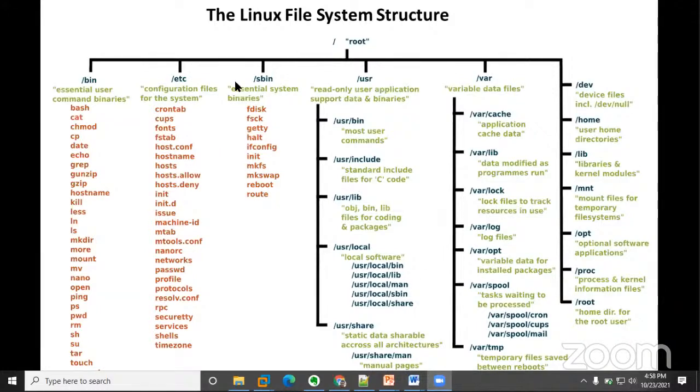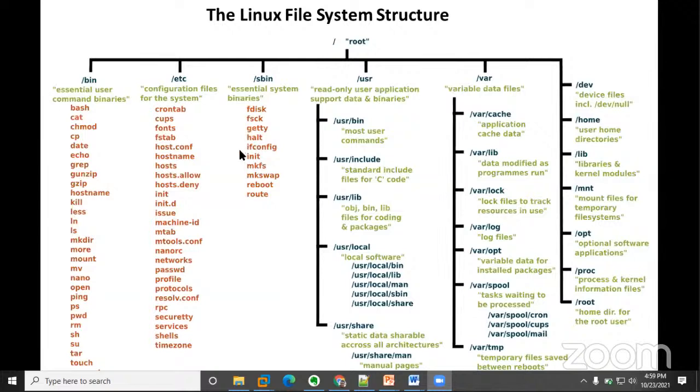Okay, so we talked about the /etc. Now we are looking at special system binaries. There's a difference between /bin and /sbin. System binaries just contain commands that are related to the system alone. The sbin contains more commands. It's basically the same thing, but the sbin contains more commands that are not just restricted to the system alone, but you can see system binaries are commands that are basically used for the system to initiate, to activate an